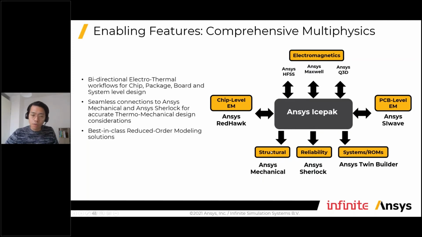Then on top, once it generates the thermal maps, it can send them to Mechanical or Sherlock, or even generate a reduced order model so that we can use it in Ansys Twin Builder or other network simulation tools such as MATLAB, Simulink. So this is like full coupling towards the upstream FEA tools, electromagnetics, and then we have CFD tools handle thermal issues, and eventually passing it to the structure and more system level connections for full system response.